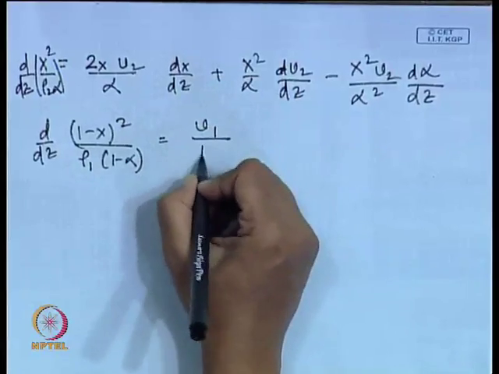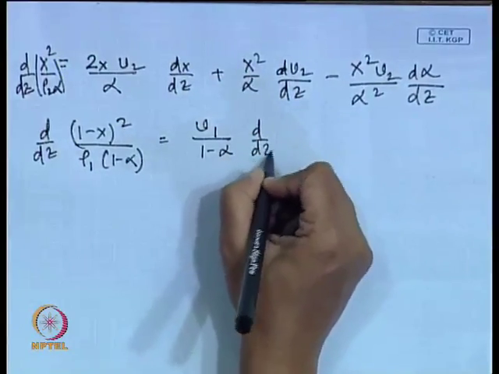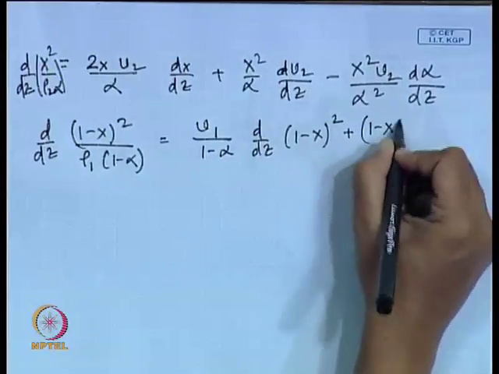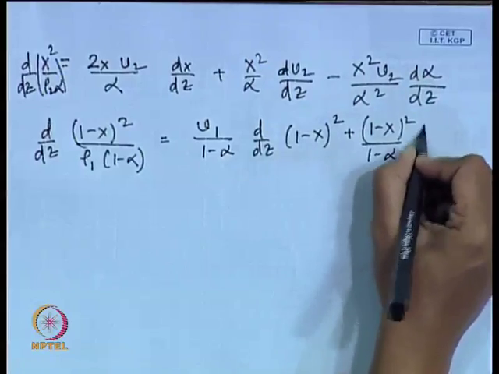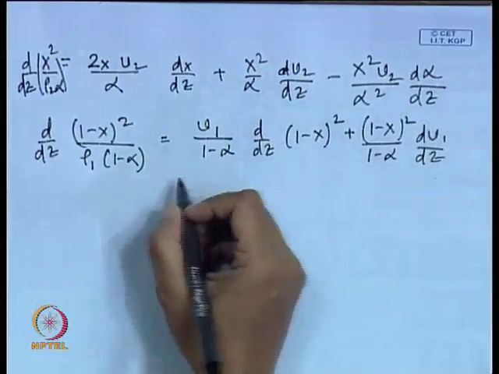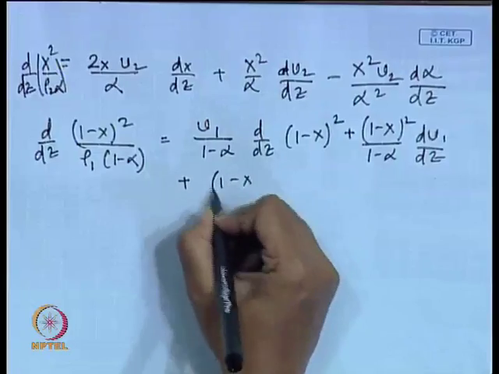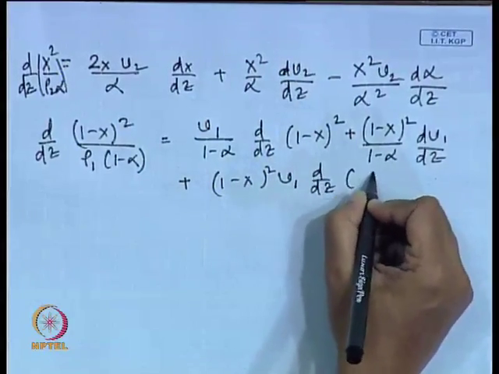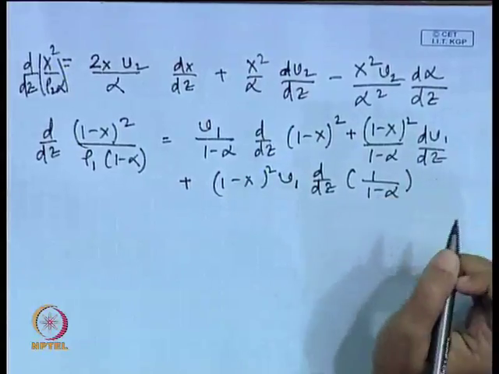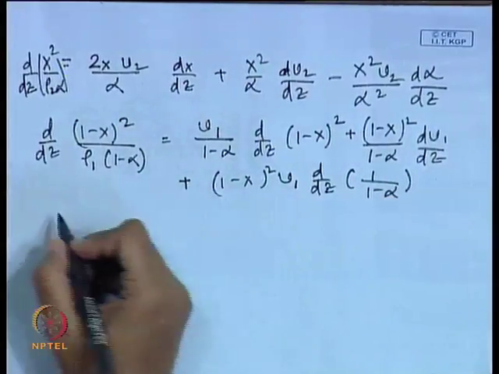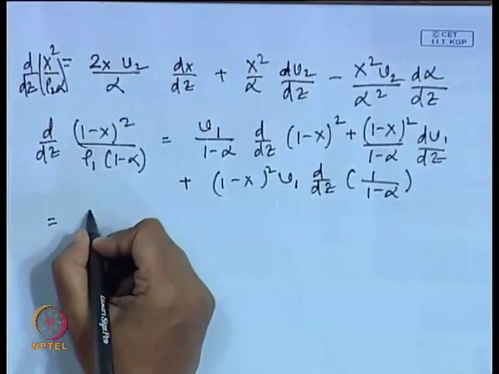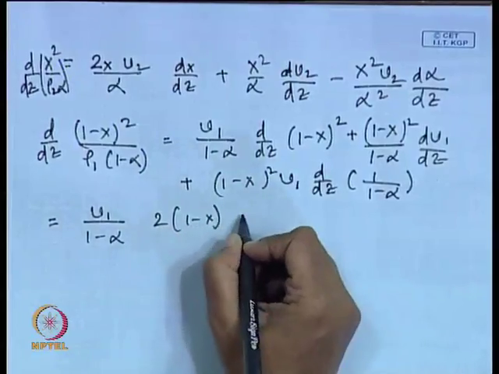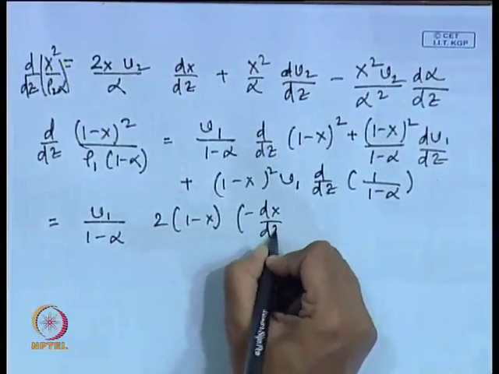We get v1 by 1 minus alpha. In the same way, let us proceed so that you can understand it, or you can do the derivations yourself. d v1/dz plus (1 minus x) whole square v1 d/dz of 1 by 1 minus alpha. So, if this is done, this gives you v1 by 1 minus alpha, 2 into 1 minus x minus dx/dz, is it not,